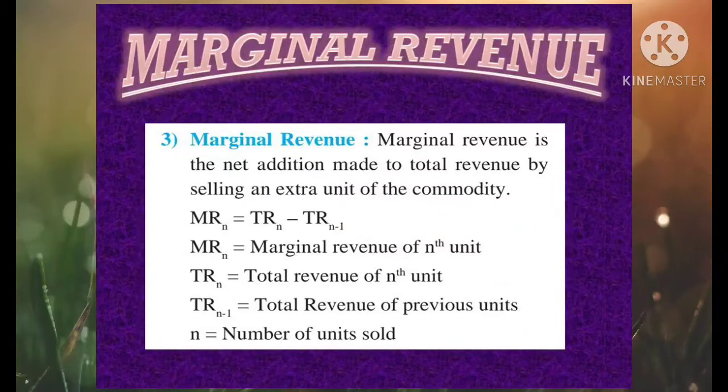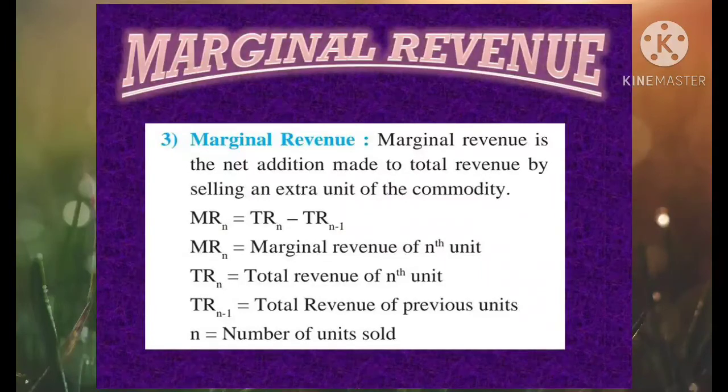The formula to calculate marginal revenue is MRn equals TRn minus TRn minus 1,